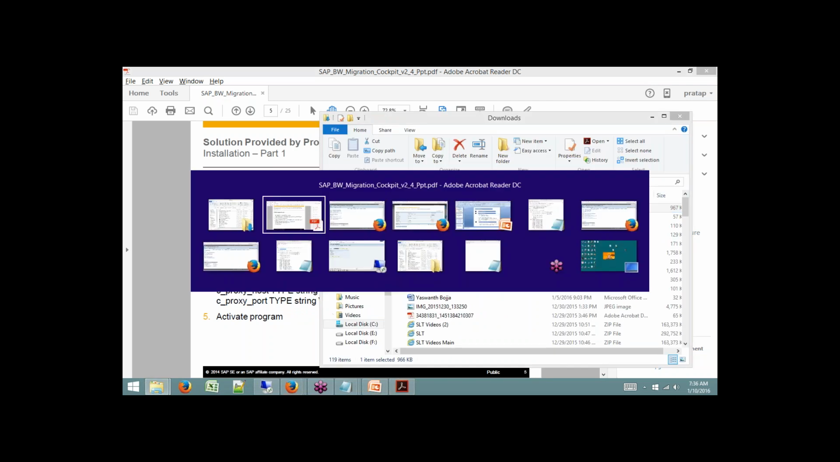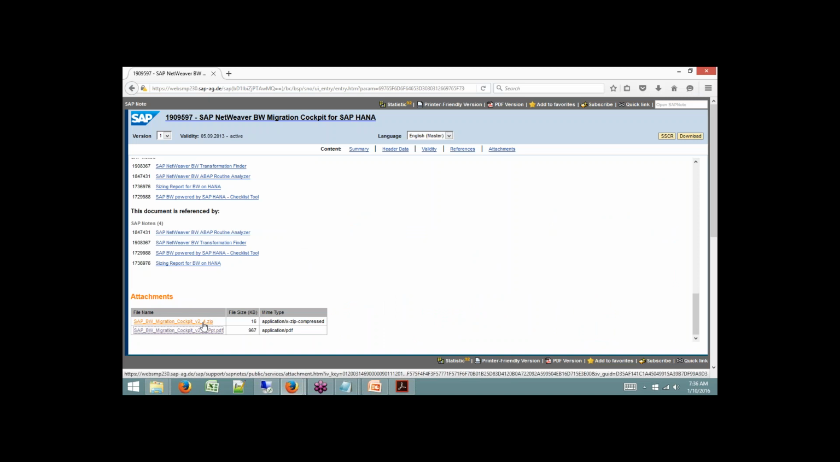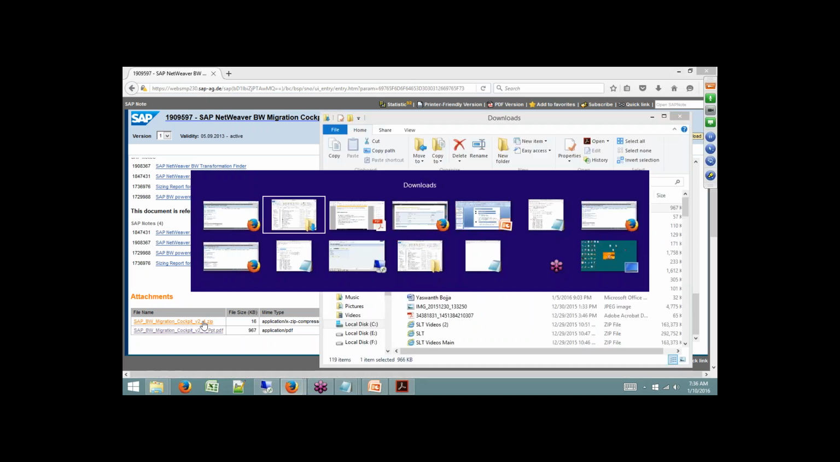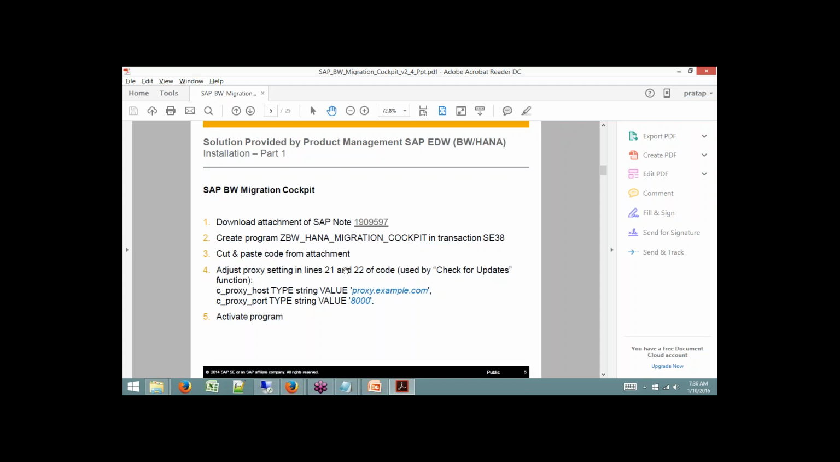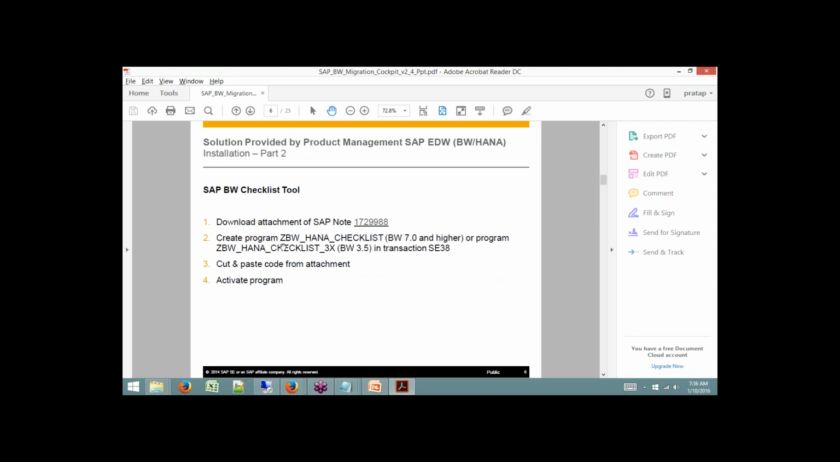This note will give you a program. This zip will have that program, which will have a text file, and you copy the program. After the program is copied, it says at line number 21 and 22 you should change this. You should change the proxy.example.com with your host name, and with the port you have to change your numbers, okay, and activate the program. Line number 21 to 22. And then for SAP BW HANA, you remember this